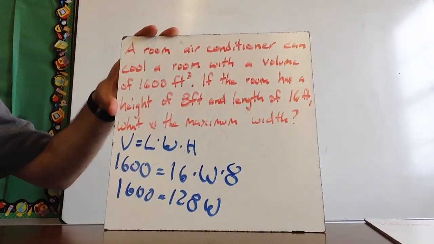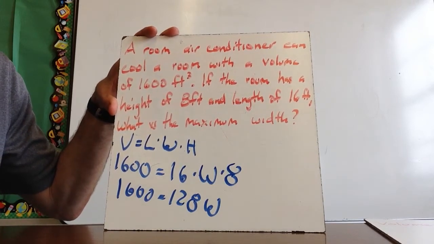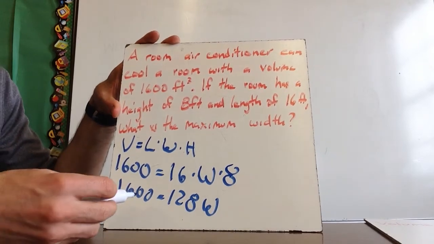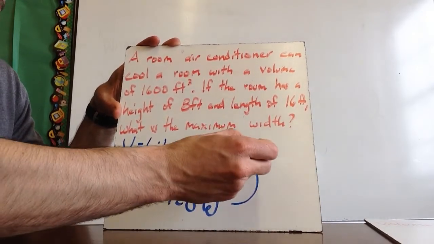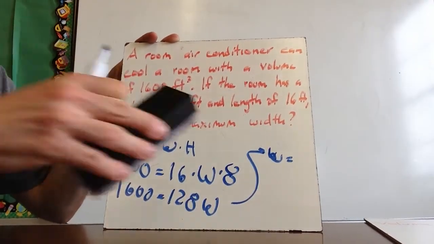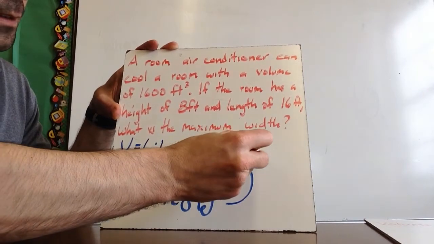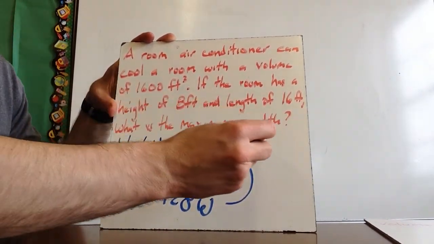I'm just going to use W as my variable. I then take 1,600 and divide that by 128, which means that W equals 12.5